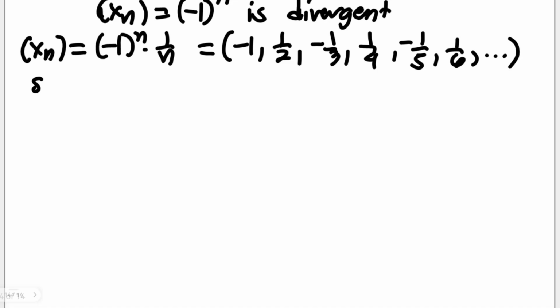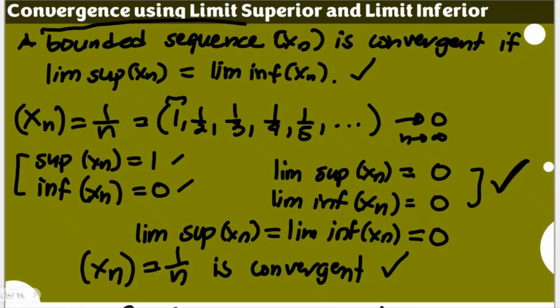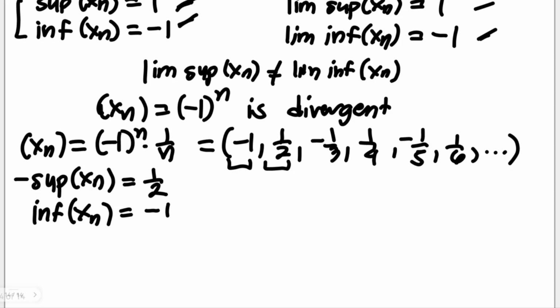Establishing boundary first, because if this is not bounded, then automatically we cannot use this, because the criteria here should be a bounded sequence. The supremum of this, which is the least upper bound, is actually this value 1/2. The infimum of this, which is the greatest lower bound, is this value negative 1. Since we have established boundary, that would mean this is bounded. Now, it's bounded. Let's proceed to the limit superior of this in a separate video.